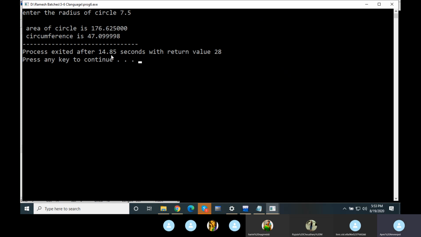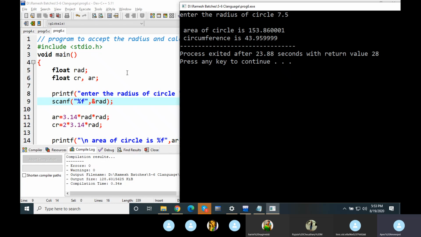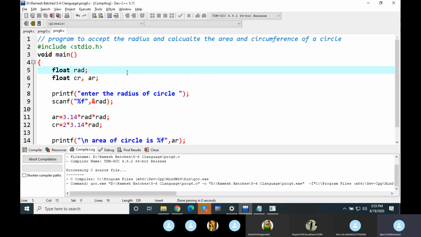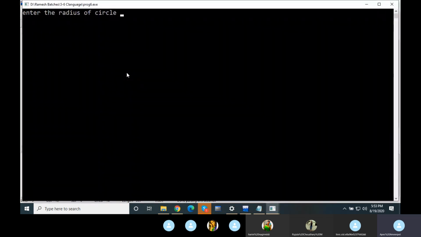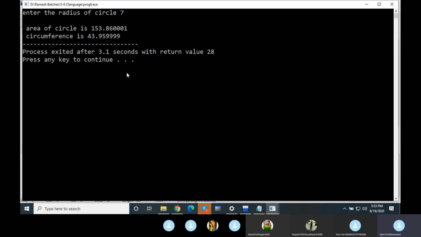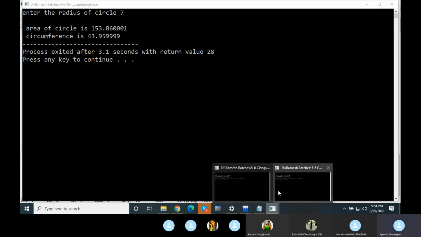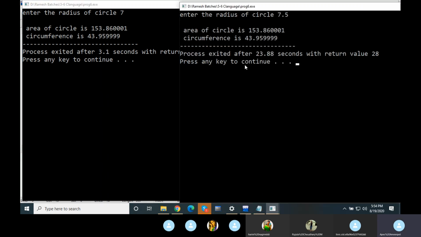Okay, I'm keeping the previous first output as it is. This I'm closing it away. Going back to the program. Again running the program. This time I'm just giving 7 and press enter key. Now compare with the first output what we have got. See this? So what is the understanding here? 7 also is giving you the same answer. 7.5 also is giving you the same answer. So what is the understanding? It has not taken the decimal point value when it was given as integer.